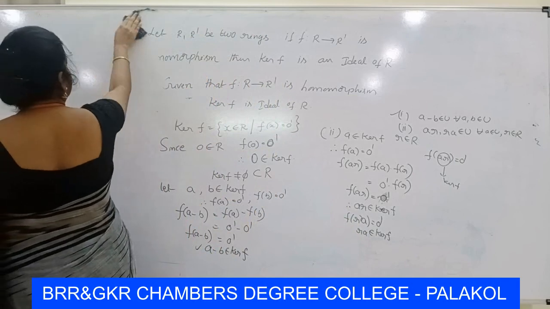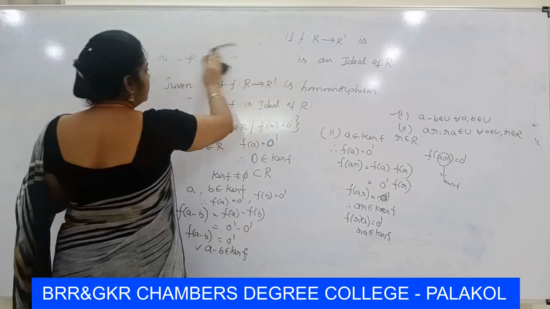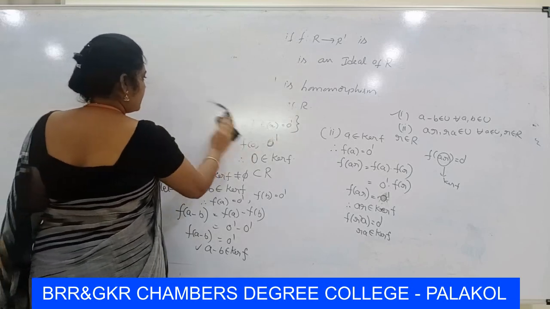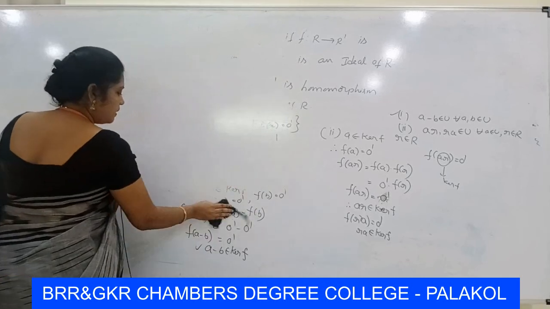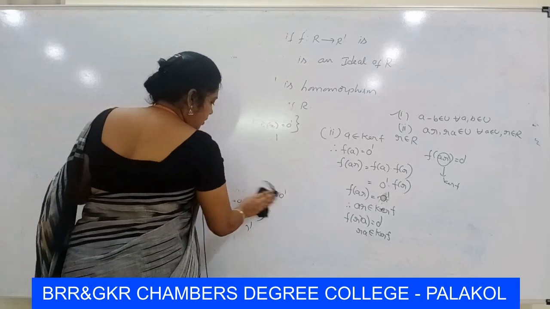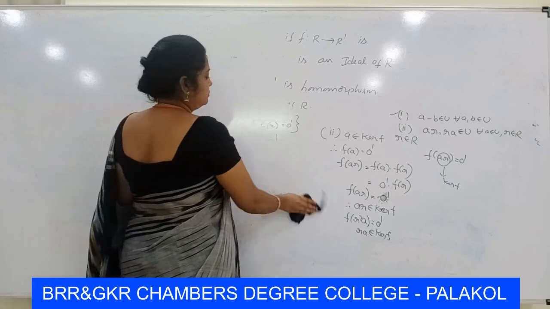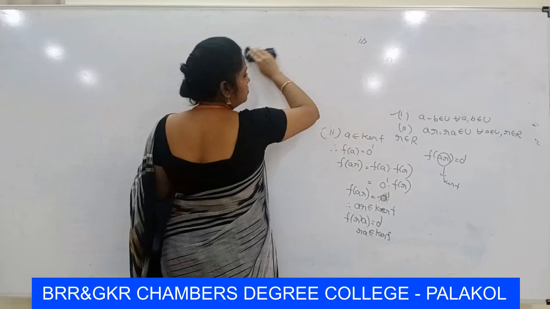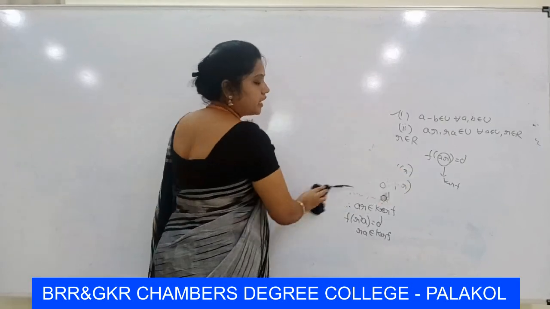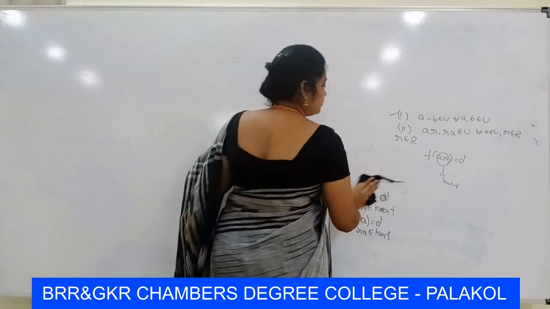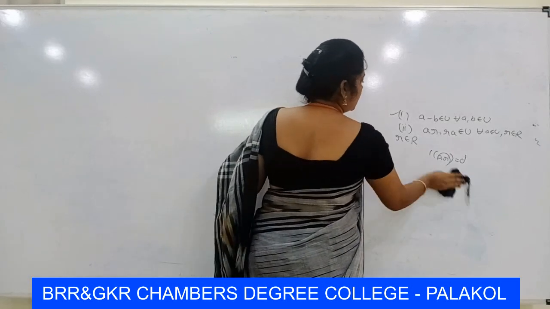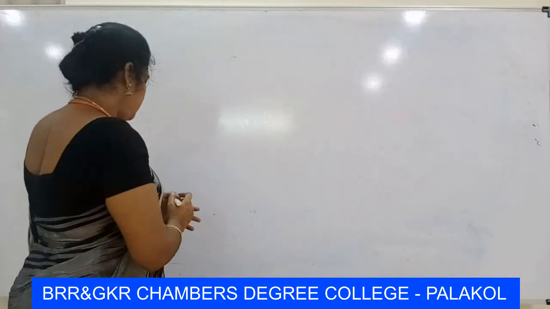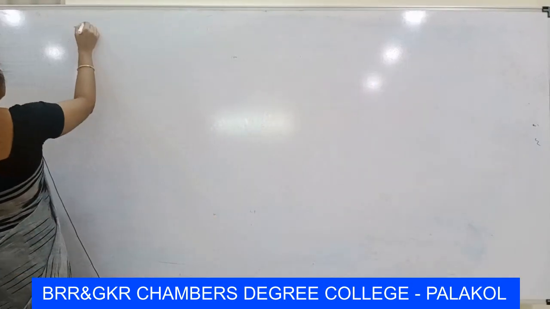Next theorem is also on ideals and isomorphism. Let F maps R to R dash be a homomorphism. Then F is one-to-one, an isomorphism, if and only if kernel F equal to singleton 0. Kernel F is equal to singleton 0. So next theorem, the statement is